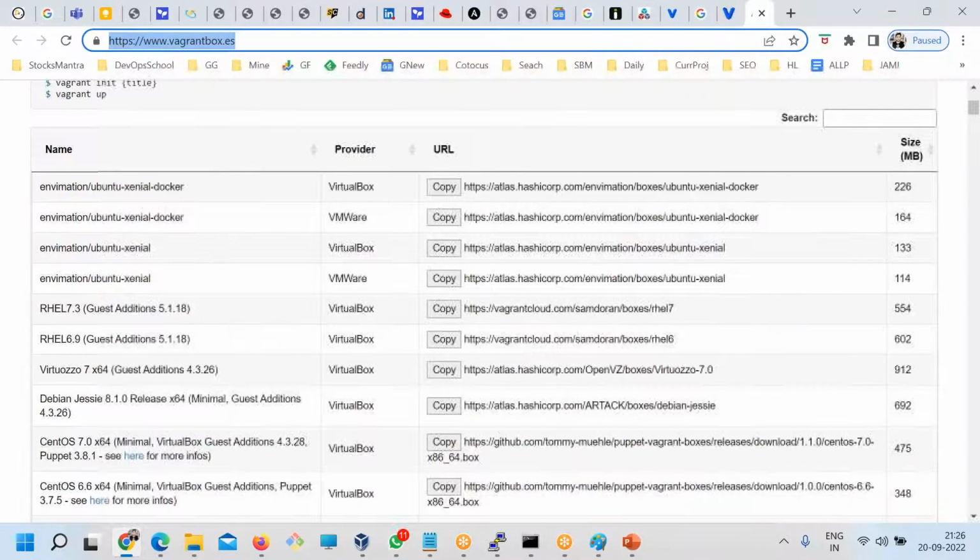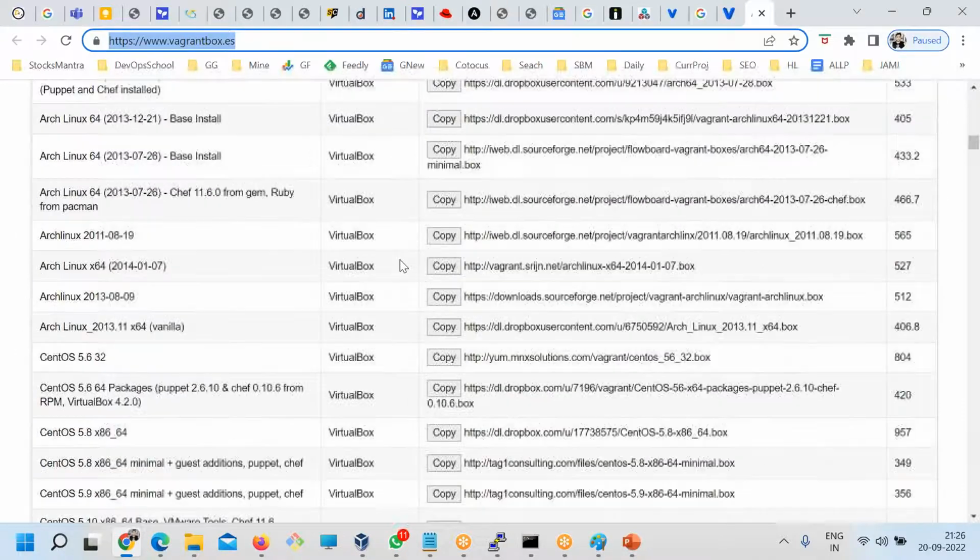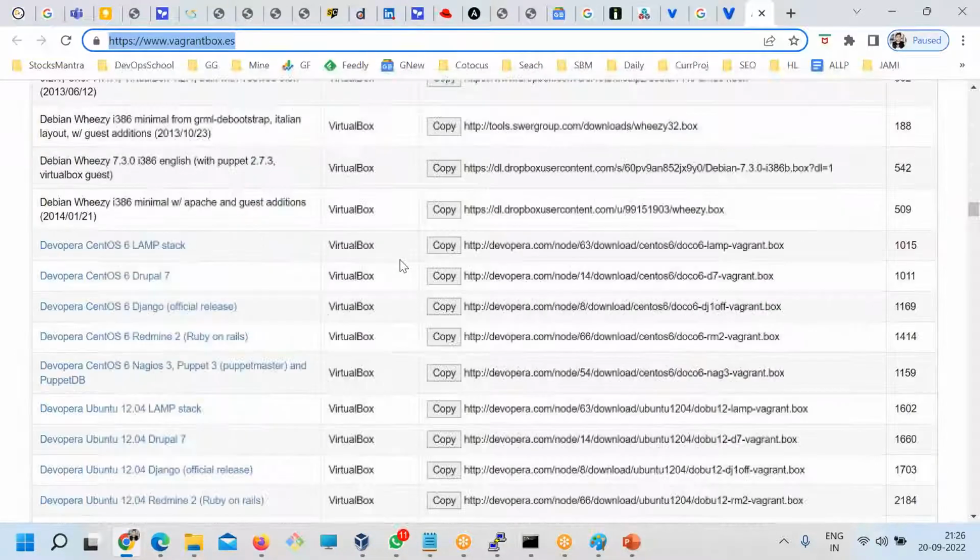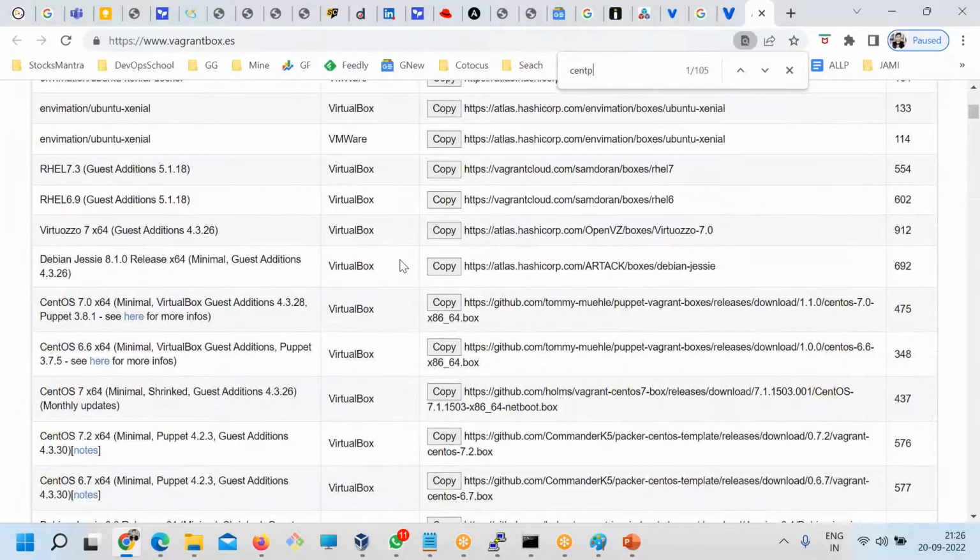So where is the URL? Let's say you look at this here. This is a website here. So many Vagrant boxes are there, hundreds of them. So CentOS